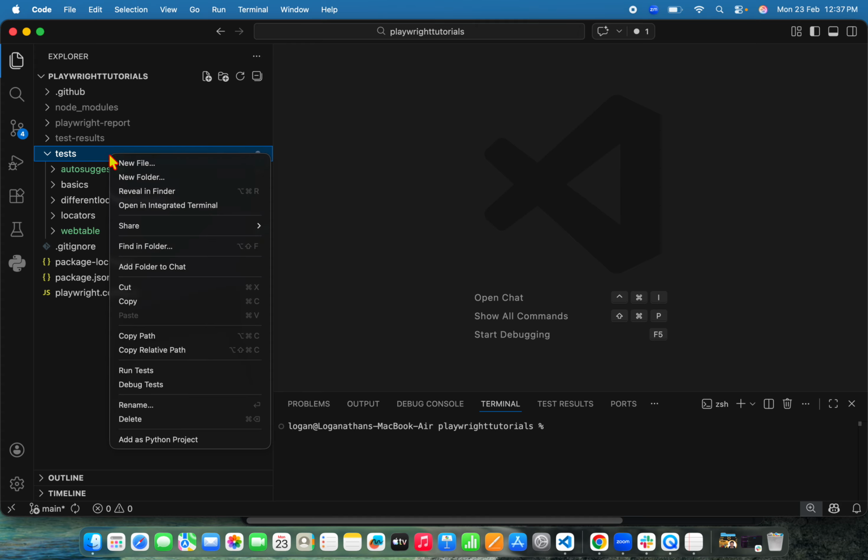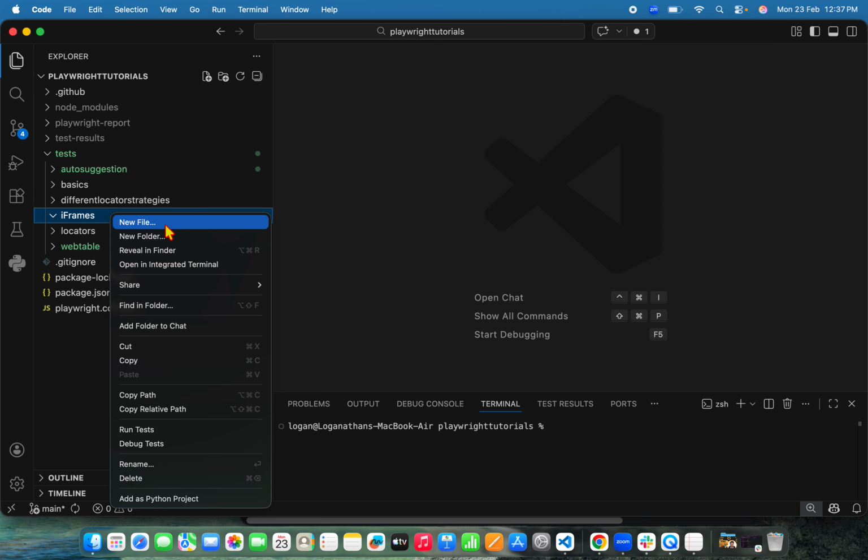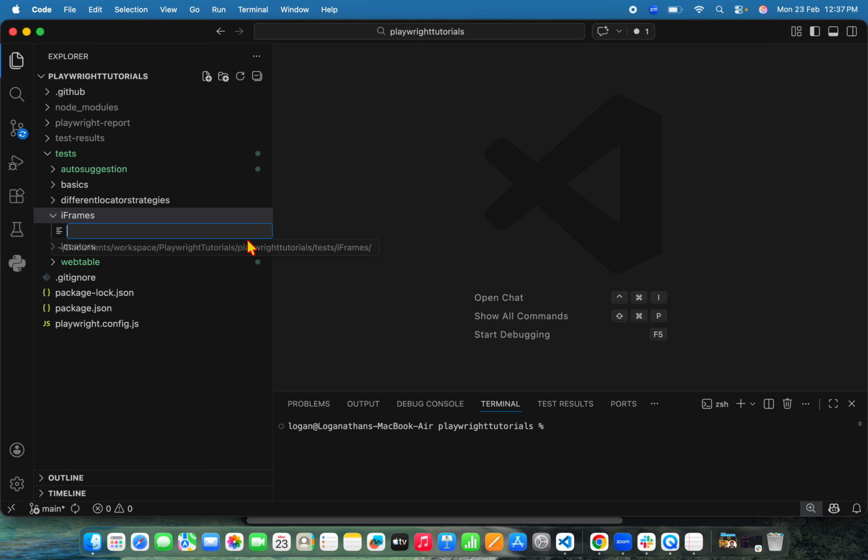Okay, so let me create a new folder called iFrames, and then inside iFrame I'll start with my first file. I'll name it as test01.spec.js,